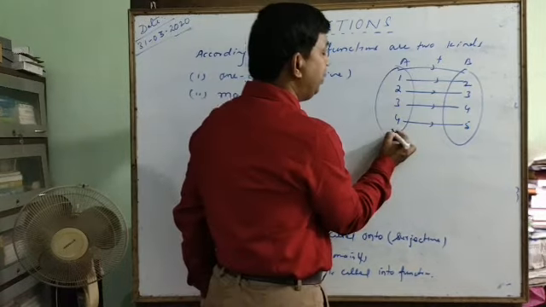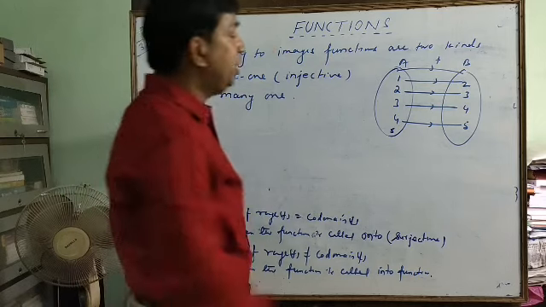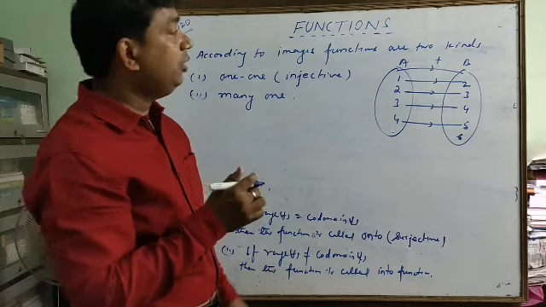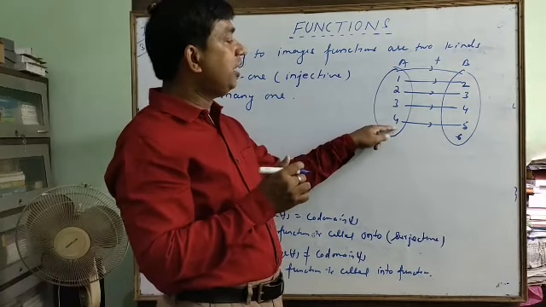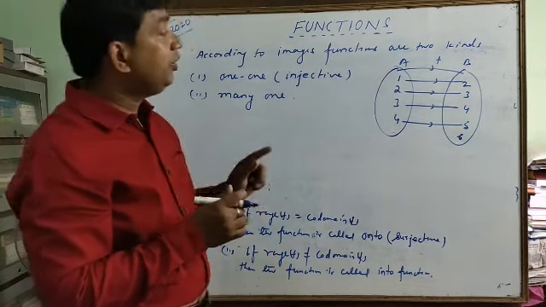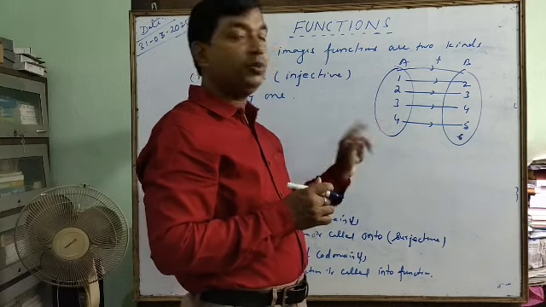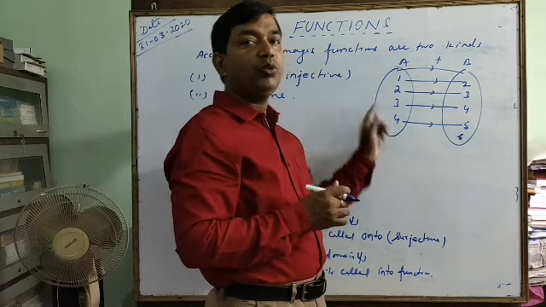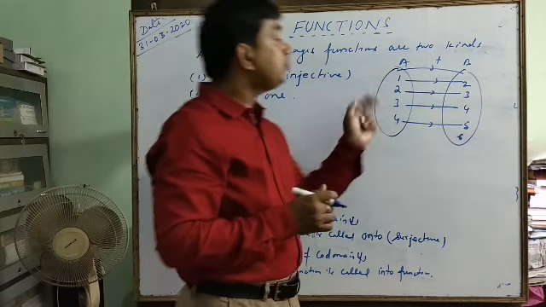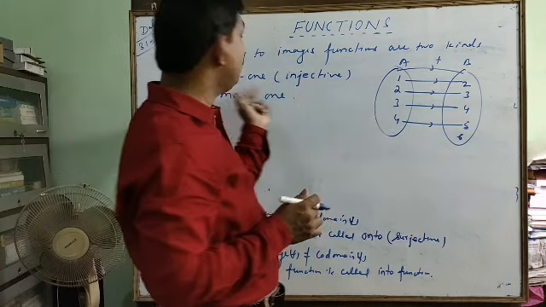Suppose when I take 5, it is not a function, but if I write here 1 to 6, then it is a function. I told in this set no extra element is present. So because according to the definition, a function has two conditions I told all the time. Every input has some output. So if I take 5, 5 has no output, but in this set elements should be extra. Now this is a one-to-one correspondence. This is called an injective function, and you can say it is one-one.